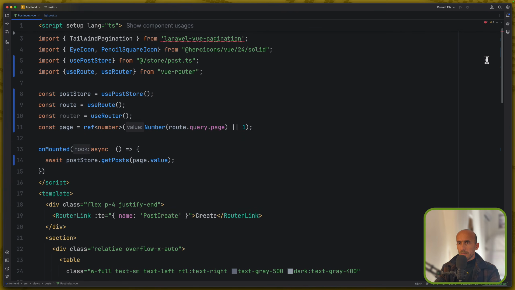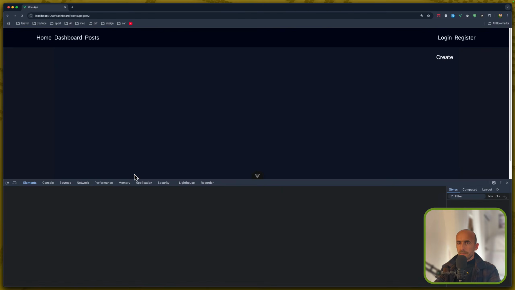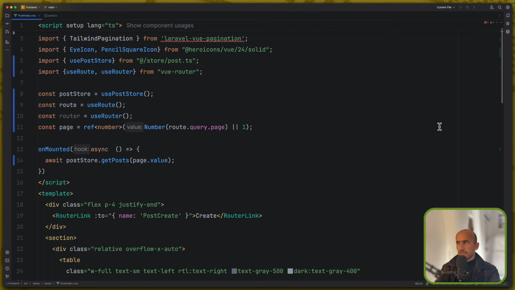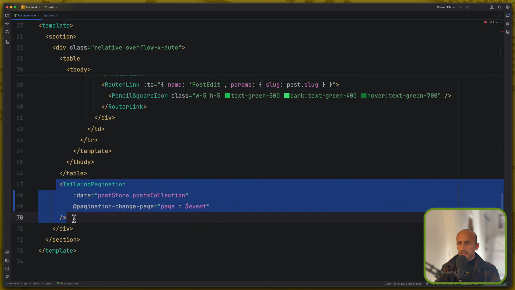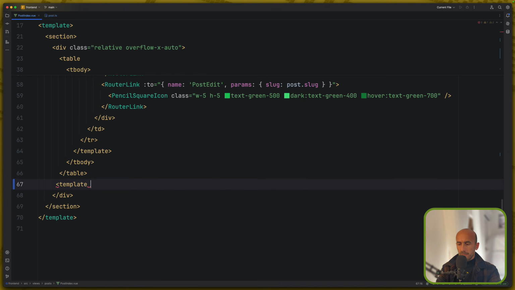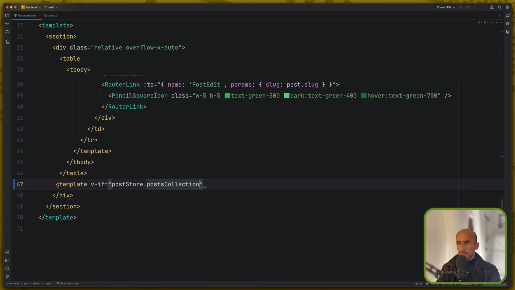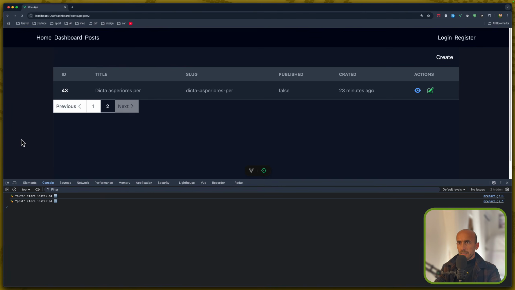Let me see on await get posts what is the error. Go to console, and because we don't have it, let's scroll here, and I'm going to cut also this one and add a template and say if post store dot post collection exists, pass this one. And now it's working,